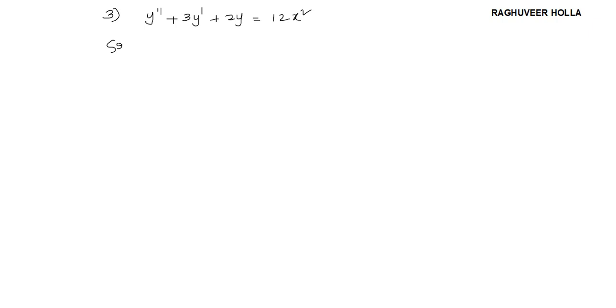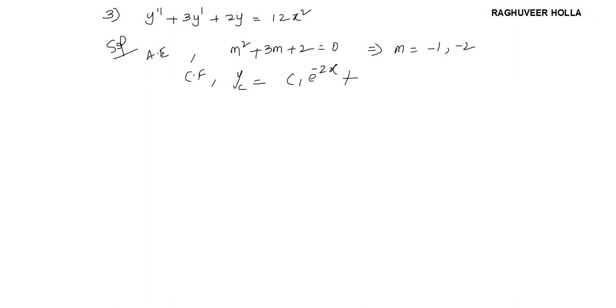The auxiliary equation corresponding to this would be m square plus 3m plus 2 equal to 0. So we get roots as again minus 1 and minus 2. So the complementary function yc would be c1 e to the power of minus 2x plus c2 e to the power of minus x. So let us find what is yp. So yp would be 12x square divided by,